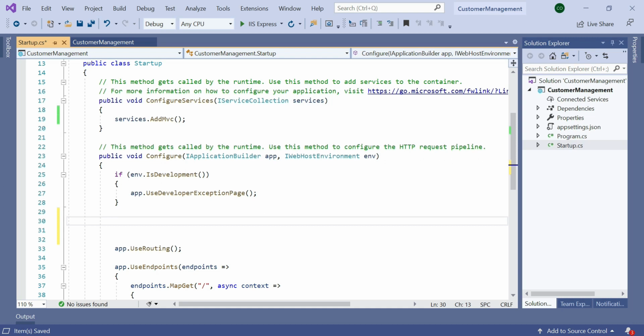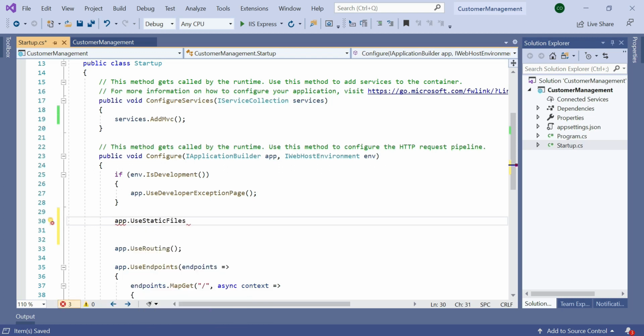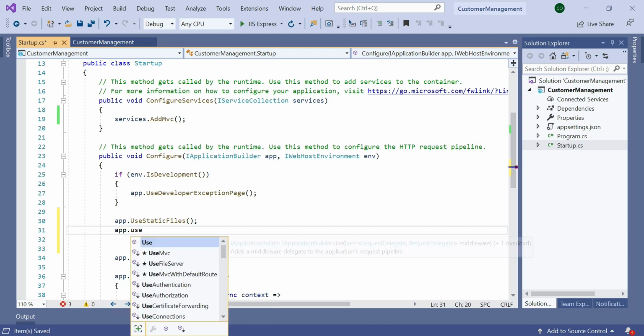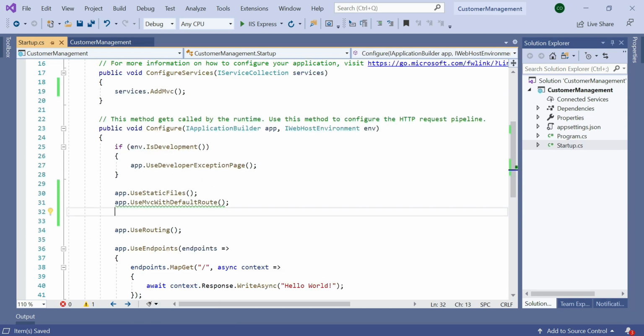Our main purpose is to set up the MVC application, so we need to add app.UseStaticFiles to serve the static files, then app.UseMvcWithDefaultRoute. We added app.UseMvcWithDefaultRoute because the routing mechanism does pattern matching in the system.